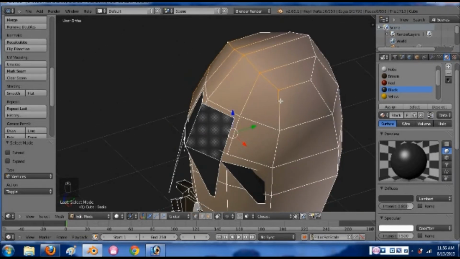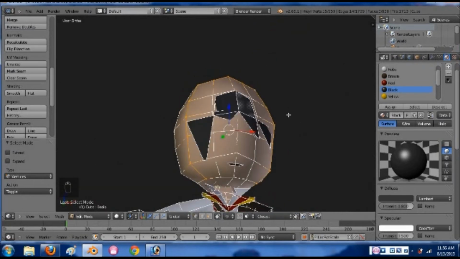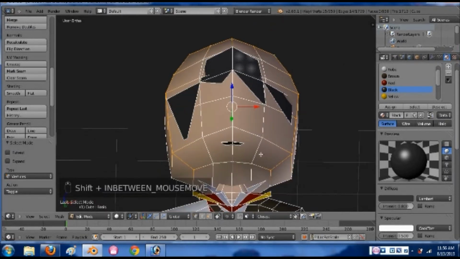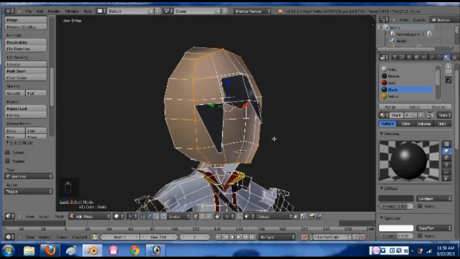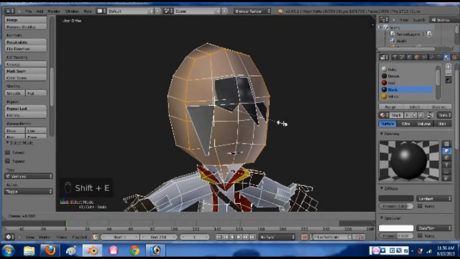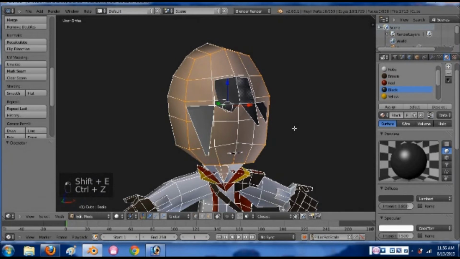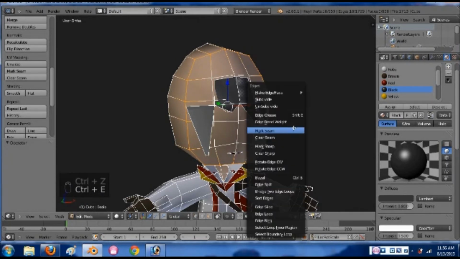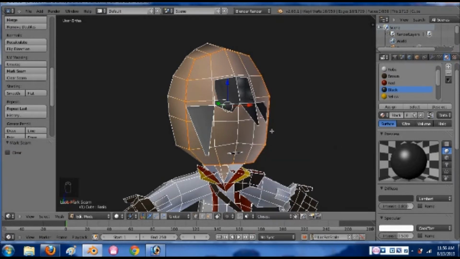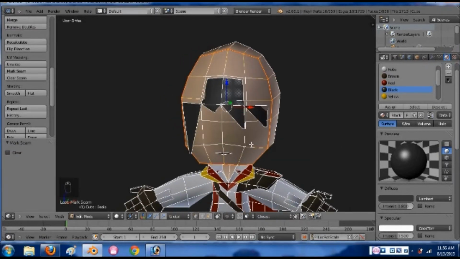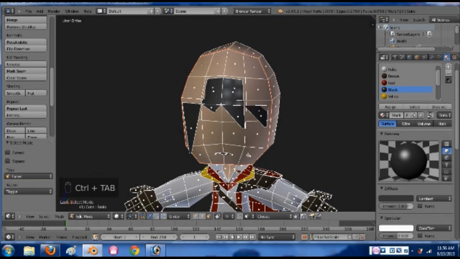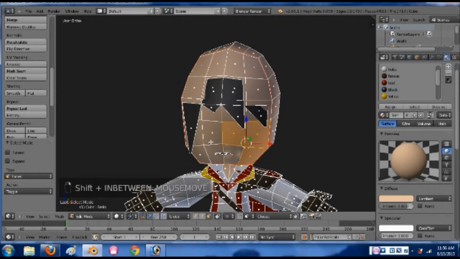Kind of messed that up, I didn't hold down shift. And then grab the chin here, and I'm going to hit Shift E, nope, Control E, yes, Control E. And then hit Mark Seam. And so now, if I select all of these faces throughout here,